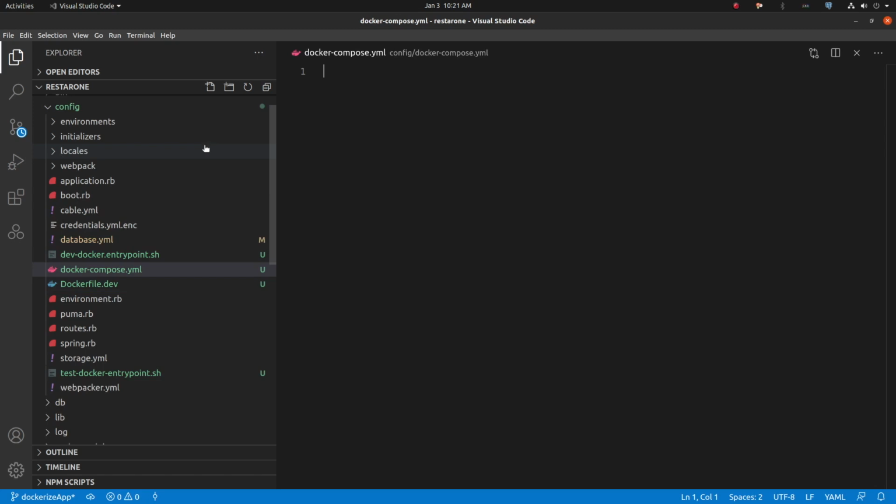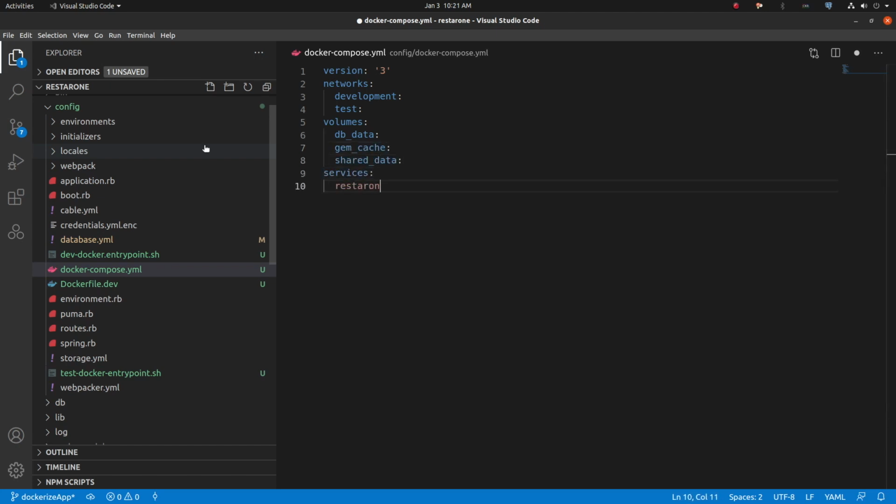To do this, we will use Docker Compose and create the Docker Compose YAML file. Inside this file, we will write the definition for version 3 of Docker Compose. We will define two networks, test and development. And then for these, we will have volumes, and we will need a DB data volume, which will store the database. We will need a gem cache for the gems, and shared data that will be shared between all the